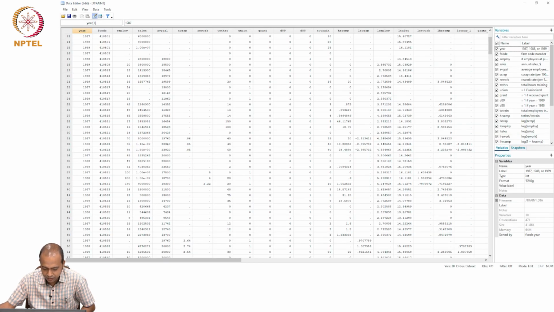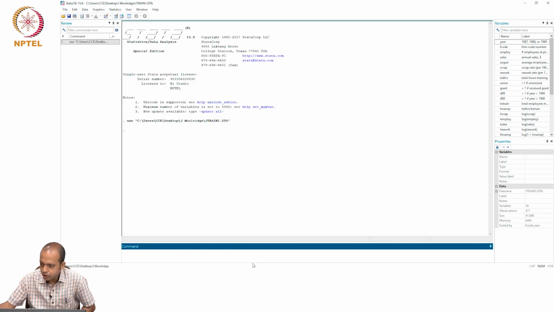So, this is the data, and how will you estimate the model? Now, in Stata, when we estimate a panel data model, first of all we need to explain to Stata that we are estimating a panel data model. You have to explain the nature of the data set to Stata. How will you explain the nature? The idea is